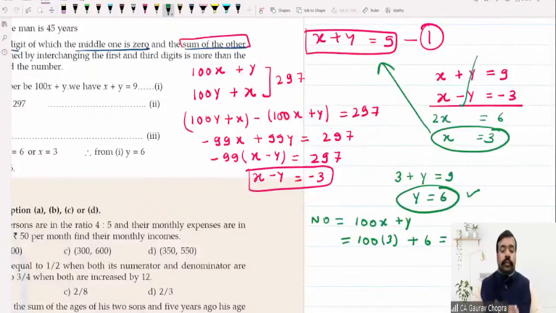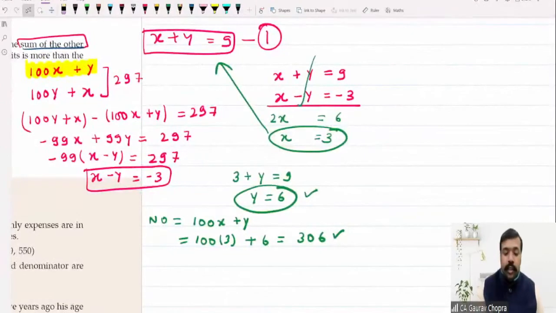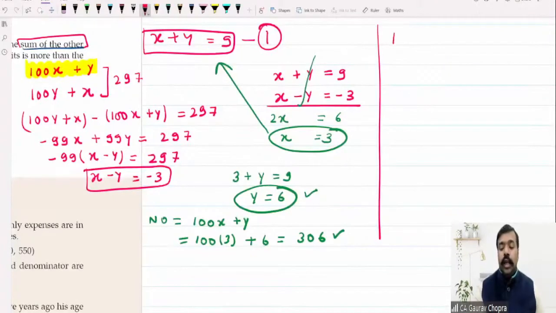Okay. Now there are some questions in the comment box, and I was waiting for those questions eagerly because most of them are based on this one: why have we written 100x plus y for the number? So let's see. We already know that the middle number is 0, and the question says it is a 3-digit number. Whenever there is a 3-digit number, we have to apply the place value system: units place, tens place, and then the hundreds place.